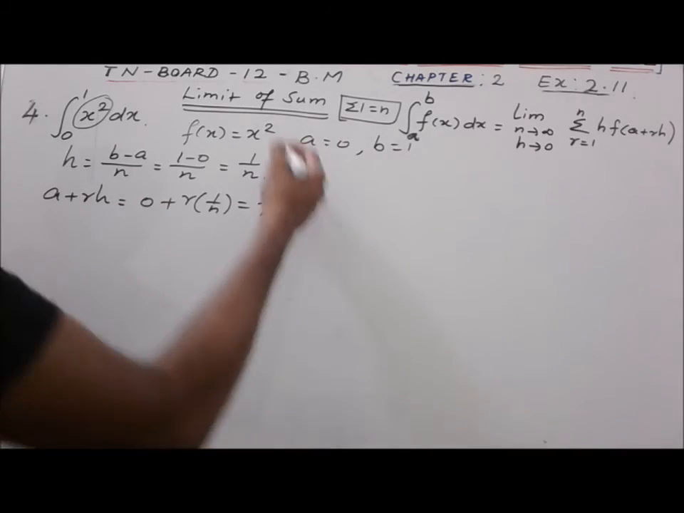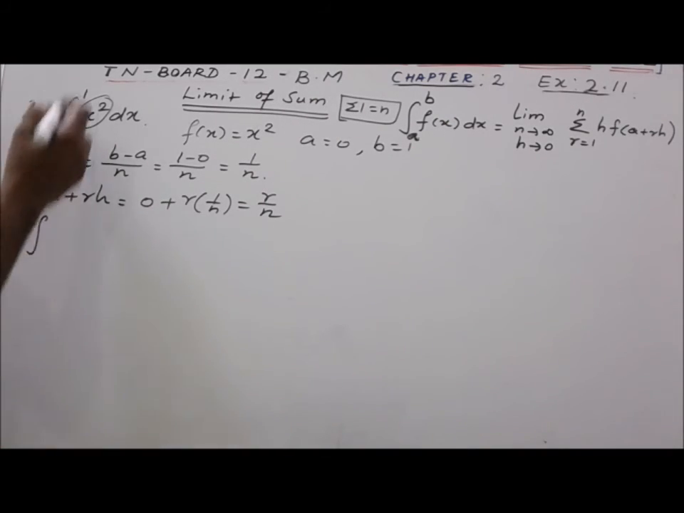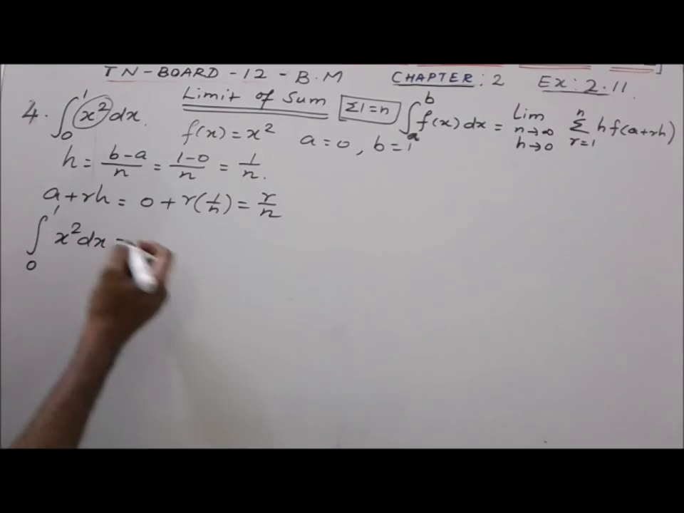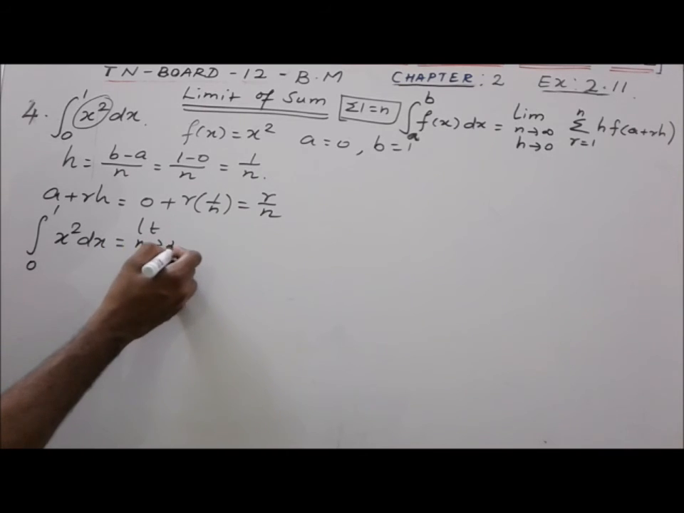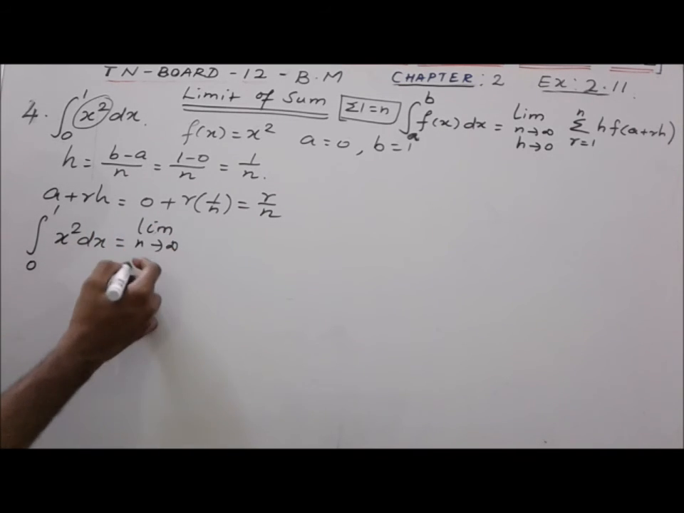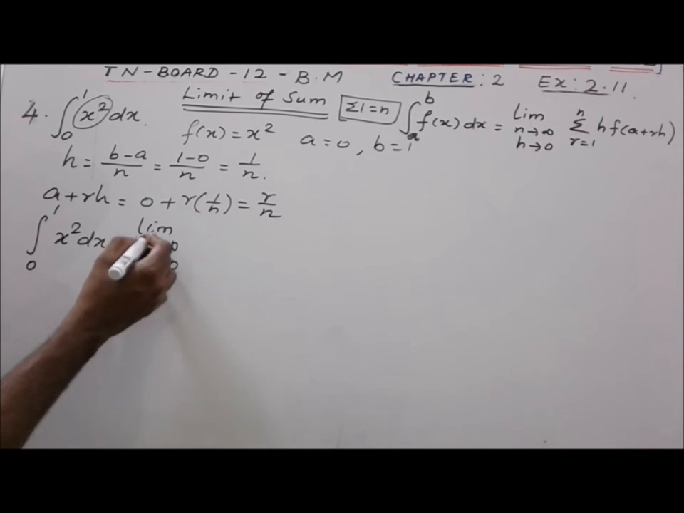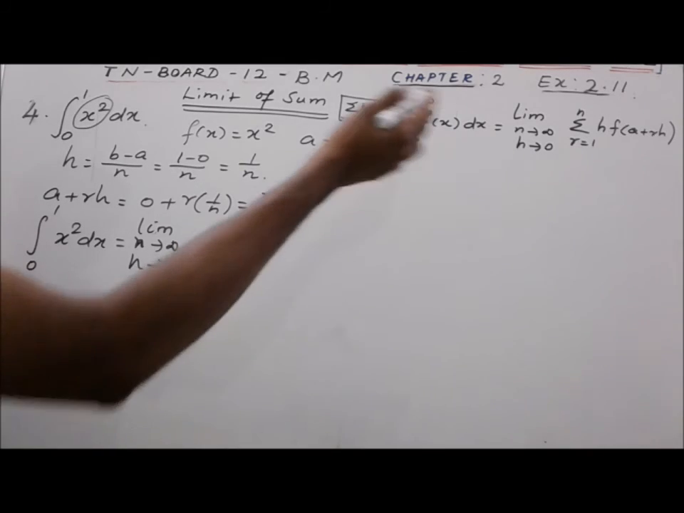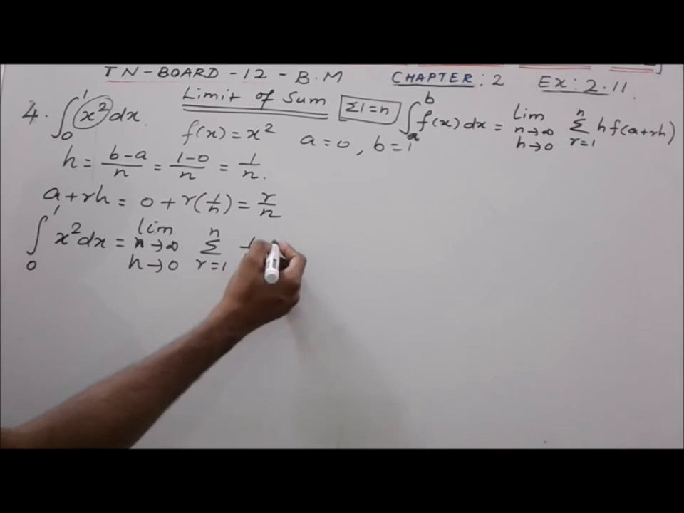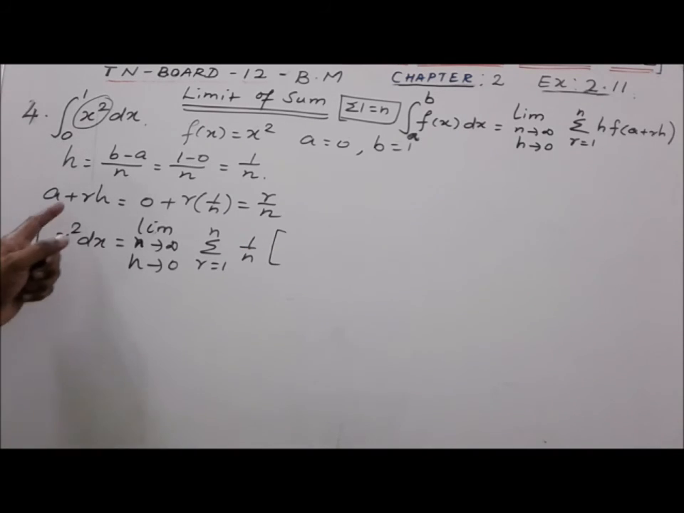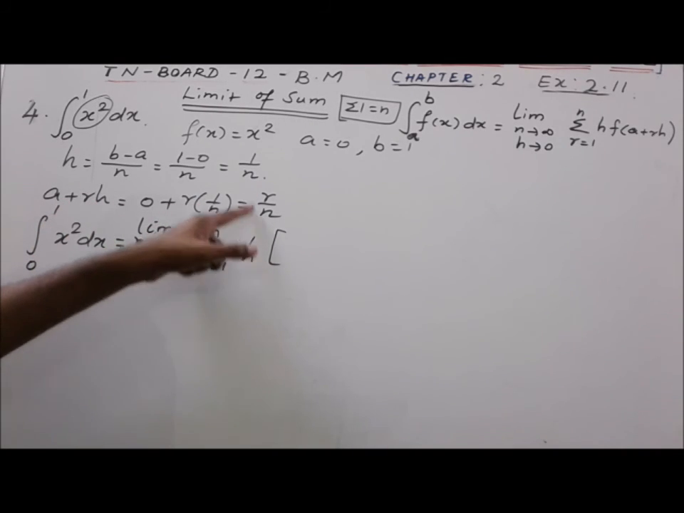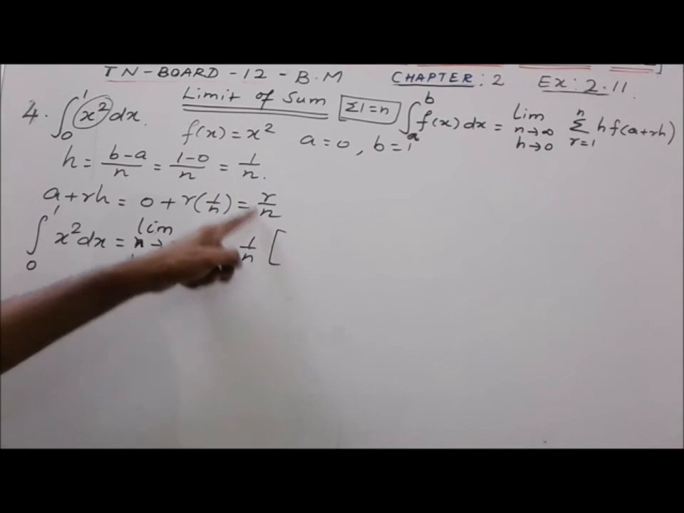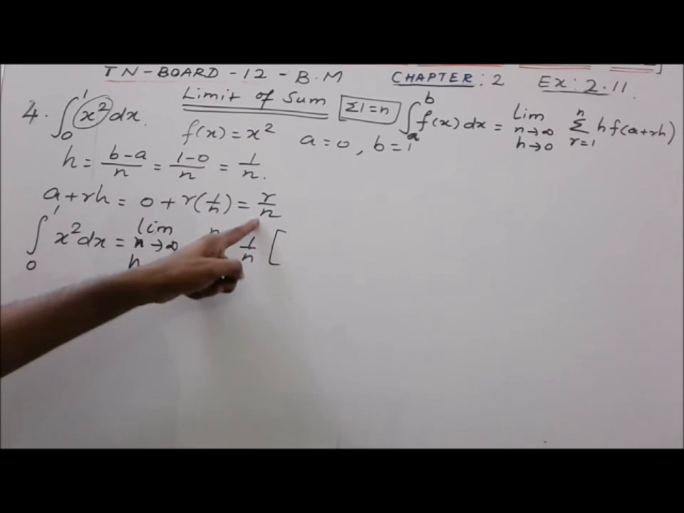Now substituting these results in the formula, integral a to b, 0 to 1 x square dx is equal to limit n tends to infinity, h tends to 0, sum of r equal to 1 to n, the h is 1 by n, into f of a plus rh. A plus rh is r by n. In the place of f of x, instead of x substitute the a plus rh value. So substituting x as r by n, we will get